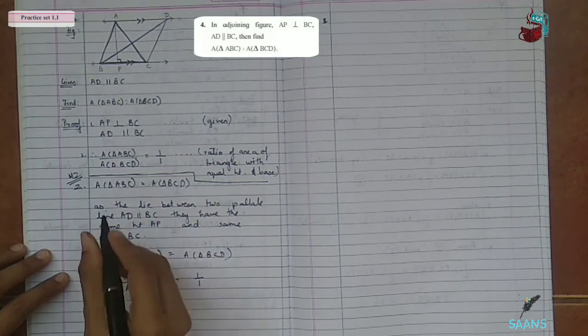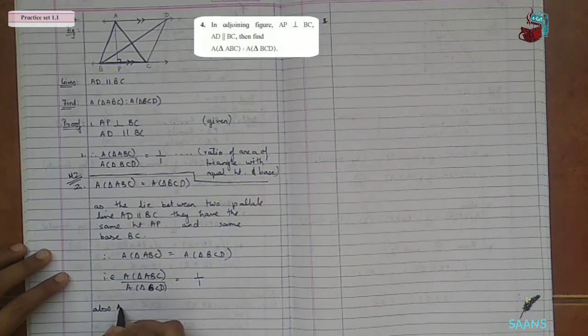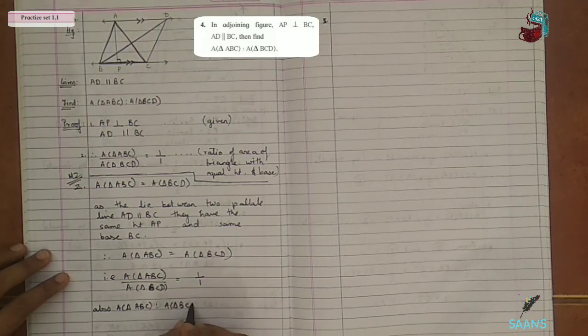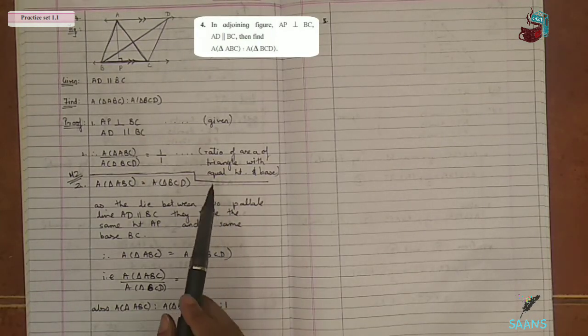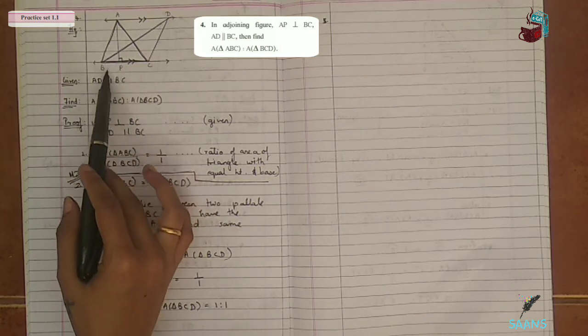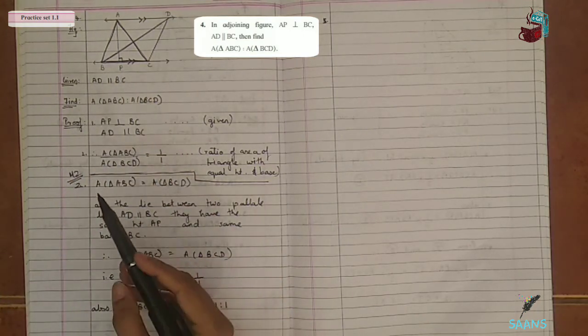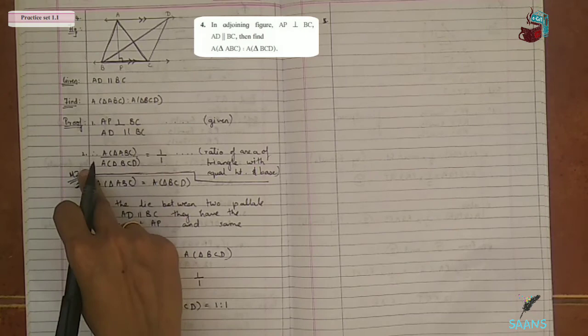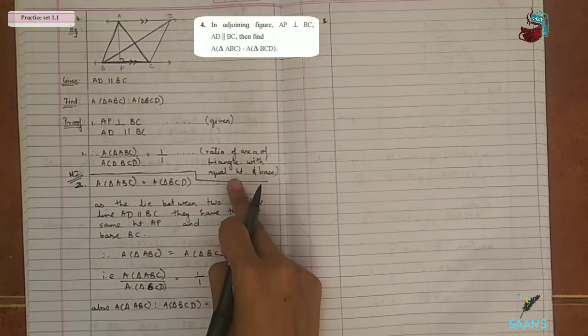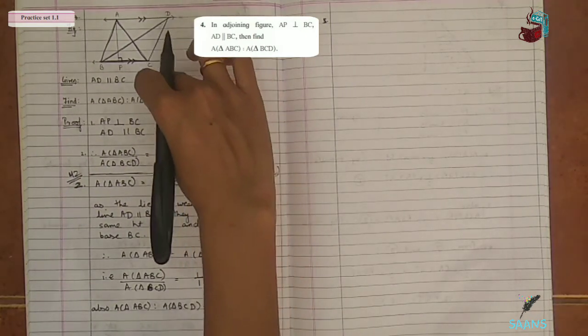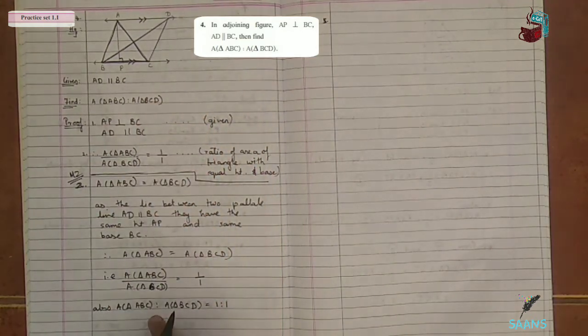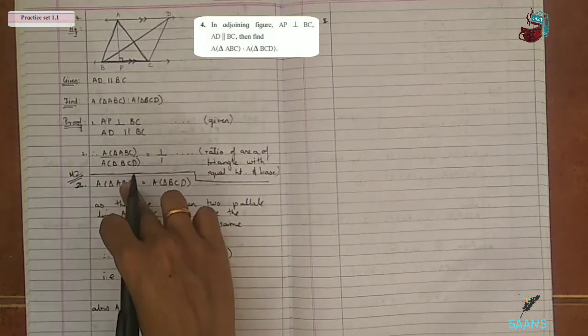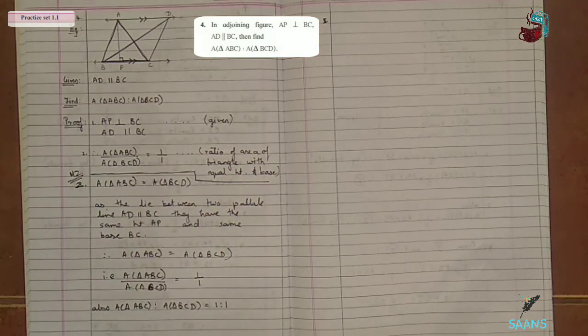Also, how they have asked, let's write it in that form. Area of triangle ABC is to area of triangle BCD is nothing but 1:1. Okay. Triangles lying between two parallel lines and having the same base. So you can mention it this way. So the method of writing can be like this or like this. Okay. Don't get confused. Either write this or write the first point and this second point. I would prefer this and this. Okay. So this is your fourth sum.